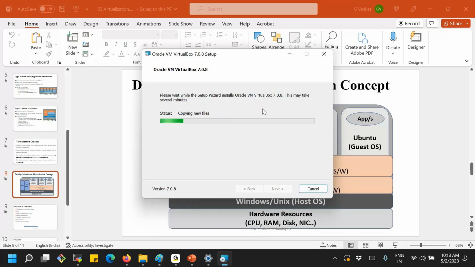Okay, it is still going on, so let's wait for the completion. Then how do we verify whether VirtualBox is installed in your system? Okay, let's wait, we'll see that.